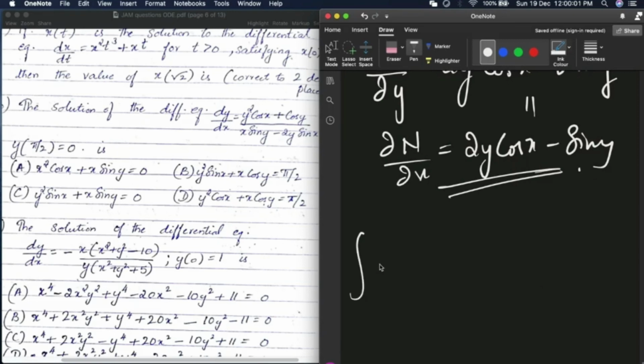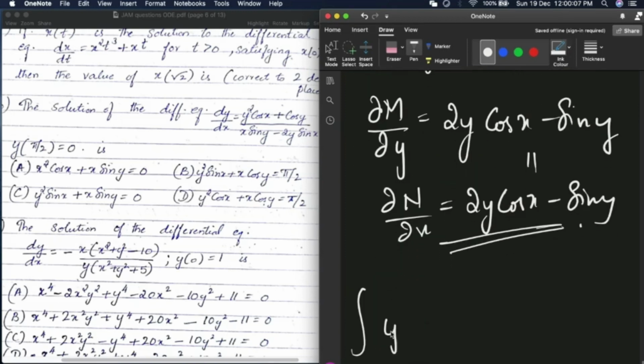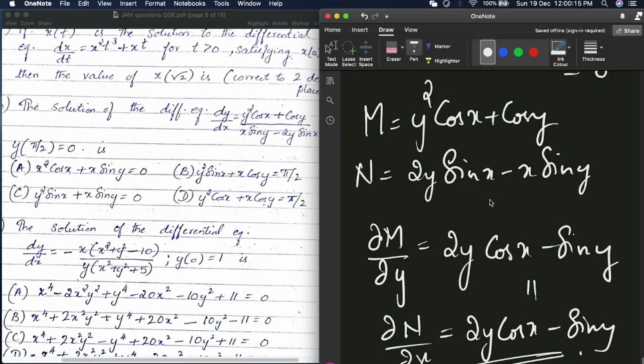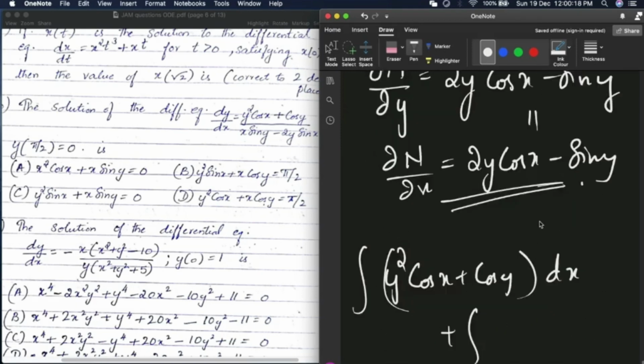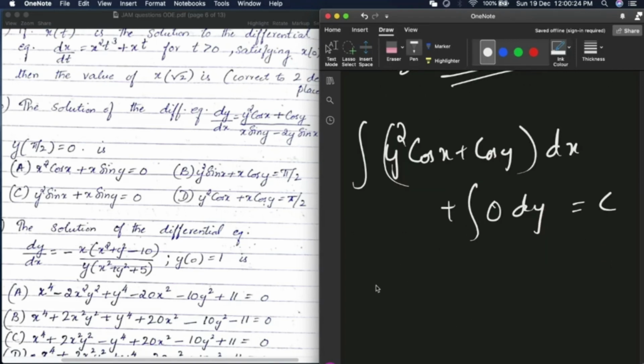So the solution is integral m dx. Your m is y square cos x plus cos y dx, plus, from here you have to take only those terms which do not contain x. So there is nothing. So you integrate with respect to x. So it is y square sin x